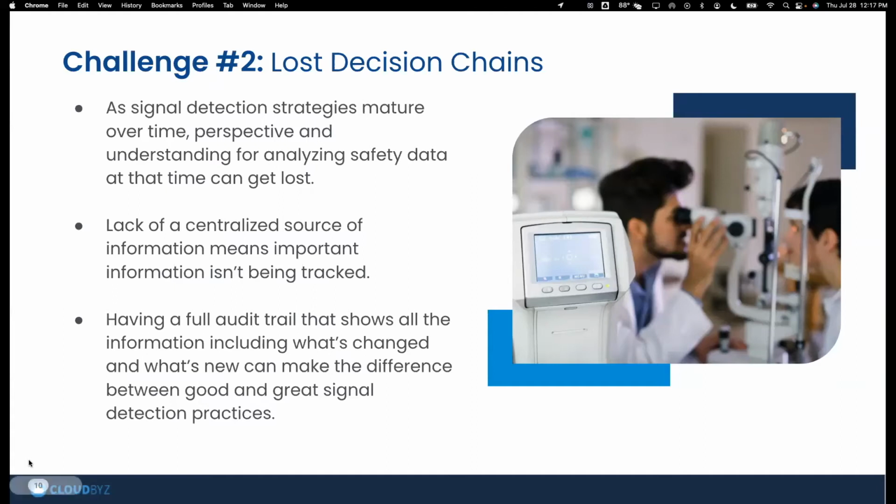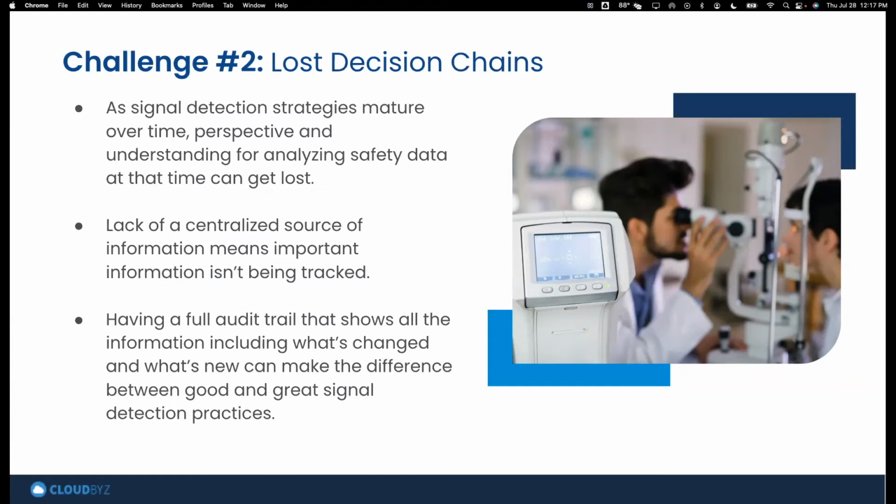Some of the context around why you went with a certain schema, why you chose to have a certain ROHAR calculated one way versus a different way. All this information can get lost if we're not having a centralized audit trail that shows all the information for you in one place. We hear sometimes in the market that this is not so much of an issue. We have things cataloged in emails, maybe in SOPs, maybe in Excel, God forbid. But we do know that that is something we see often. And I would say those are Band-Aids. We know that is not really a best practice.